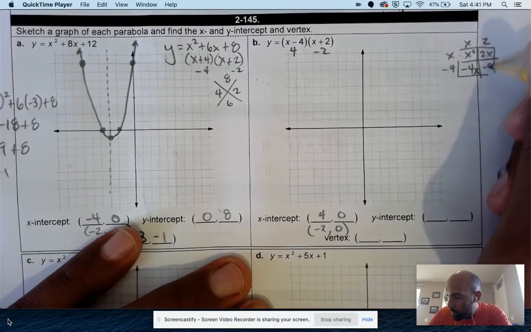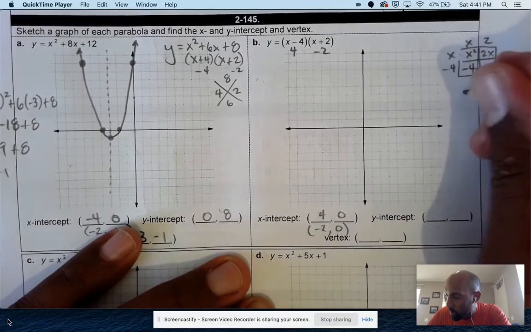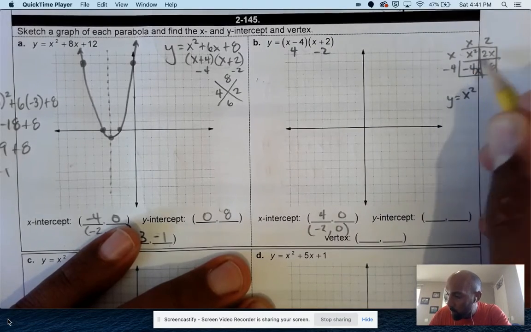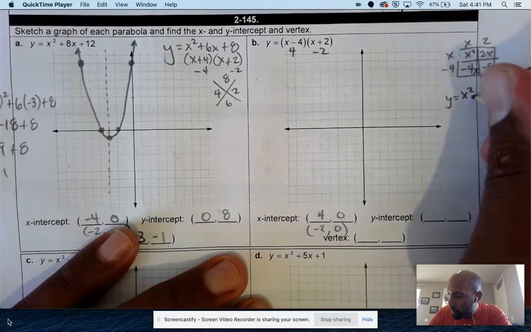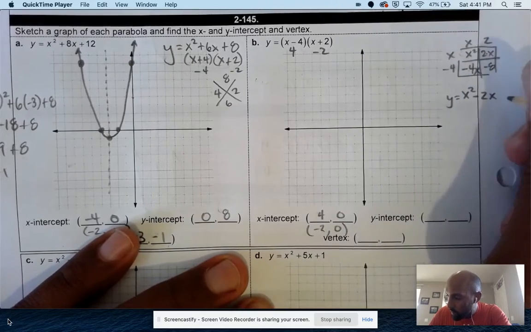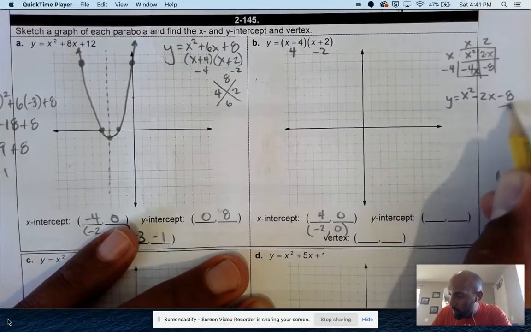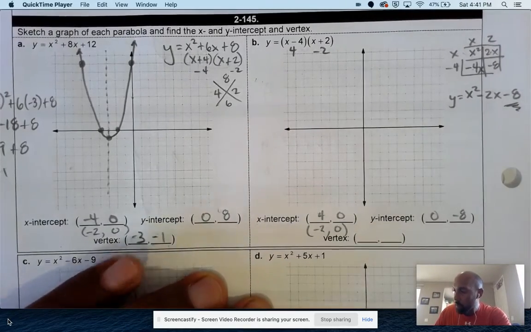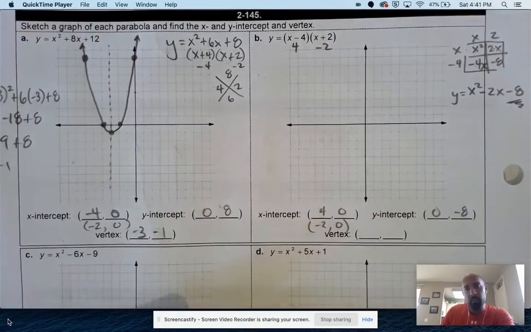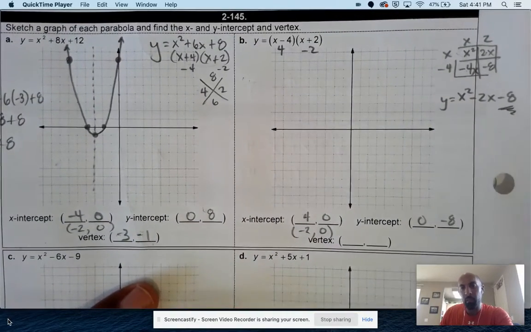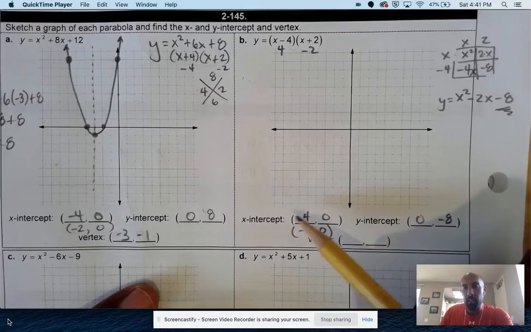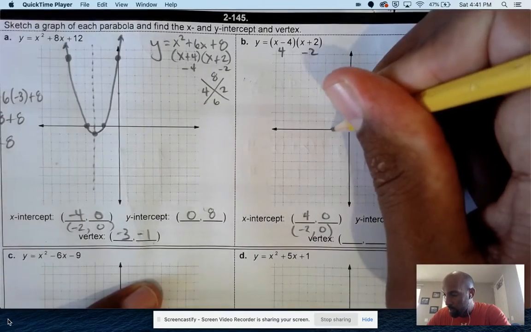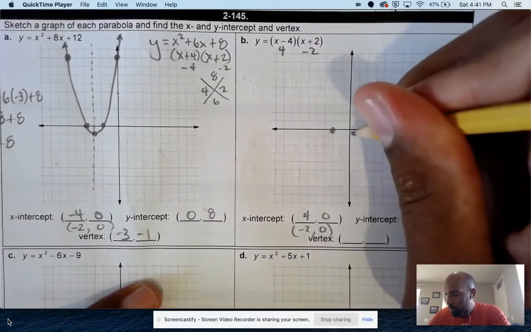Okay. All right. So now we have y equals x squared, and then -4 plus 2, well, that'd be -2x, and then -8. Okay, so there's our y-intercept at (0, -8). So maybe you can finish the rest of the problem. Try the rest of the problem on your own, okay? So we got the x-intercepts, (4, 0) and (-2, 0), and the y-intercept